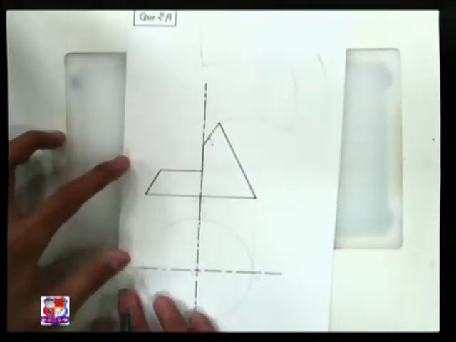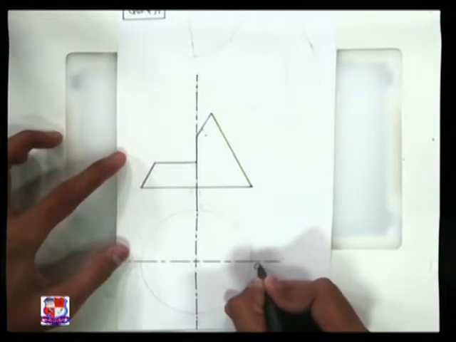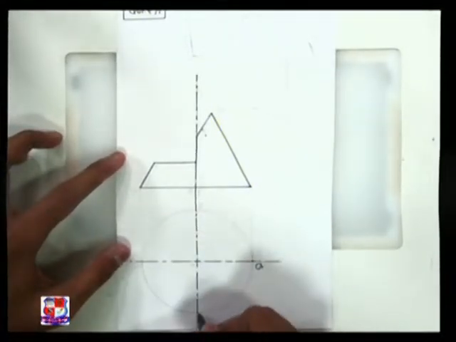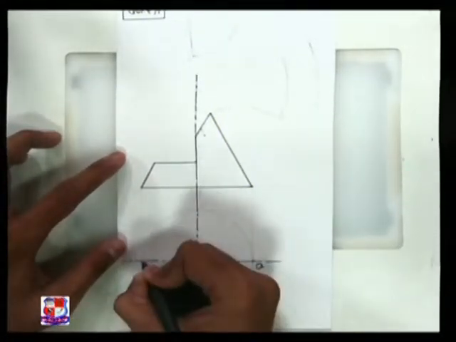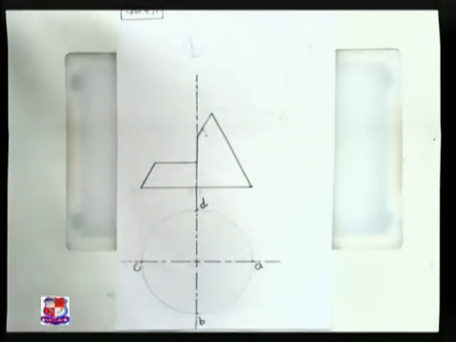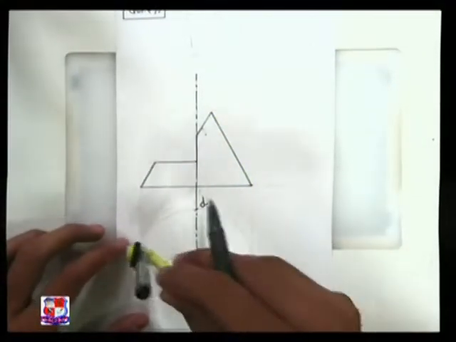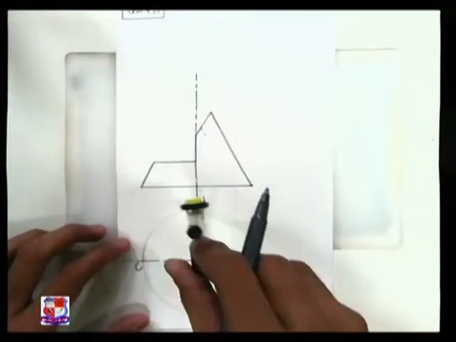This is the given data. We can name the points. We start from here. So this is point A, here is point B, here is point C, here is point D. A, B, C, D, 4 points are there, and this is a circle. I hope it's visible to you. It's a circle.